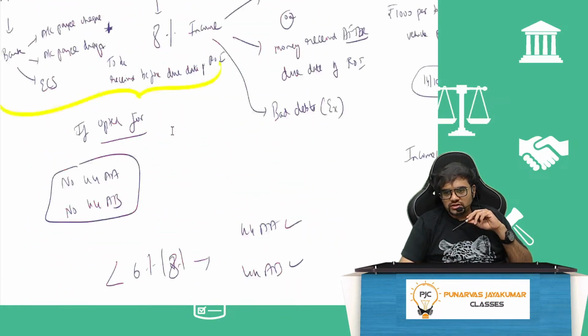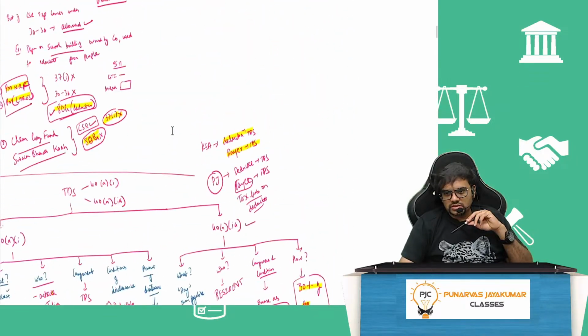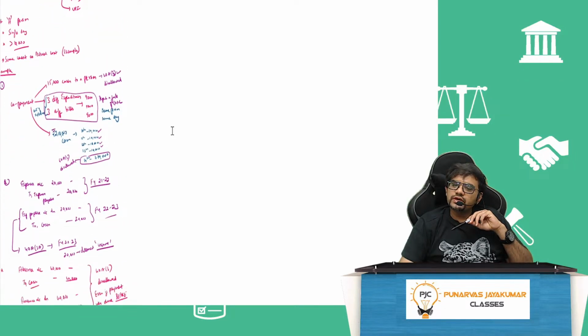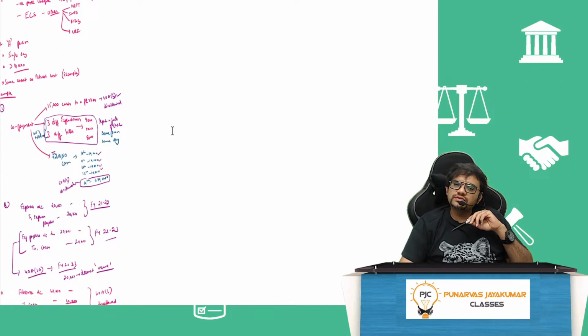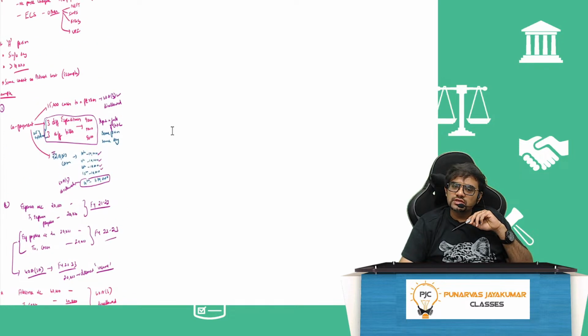Cool guys, that's all. There ends PGBP. That's it. Tomorrow, salary will do. Capital gains will do. We'll see. Capital gains, salary, TDS. So I want to finish capital gains, salary, TDS, IFOS. At least these 4 if it's over in the next 2 days. They are heavy duty stuff.